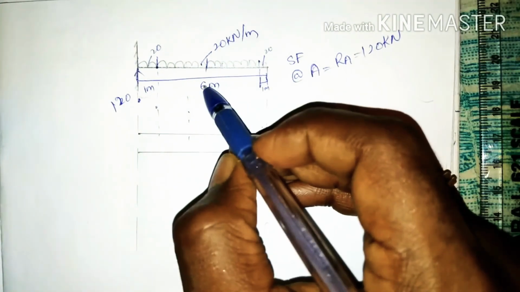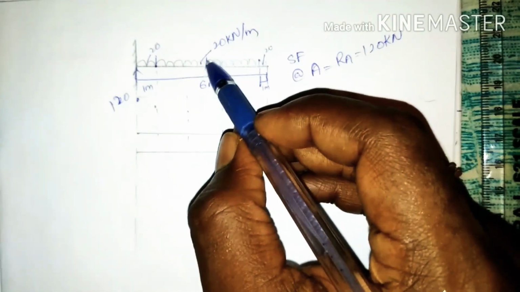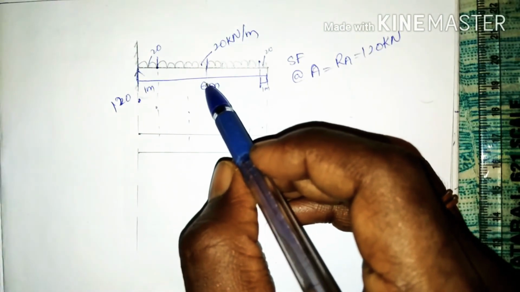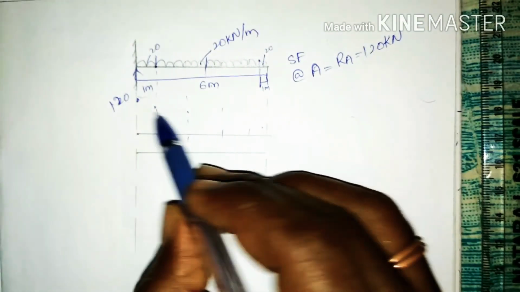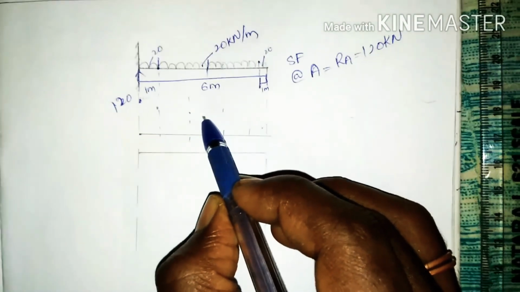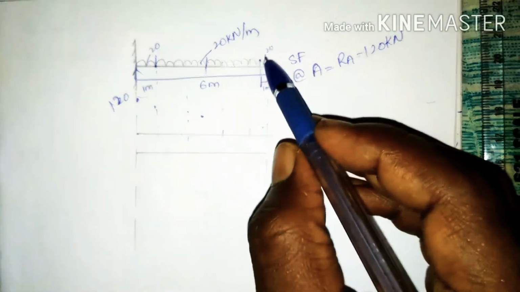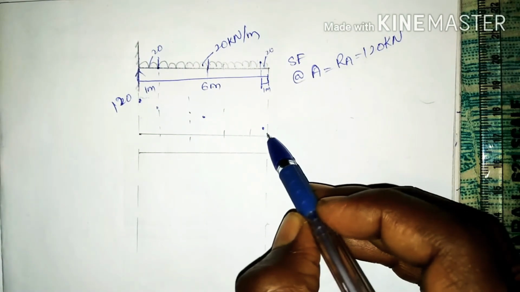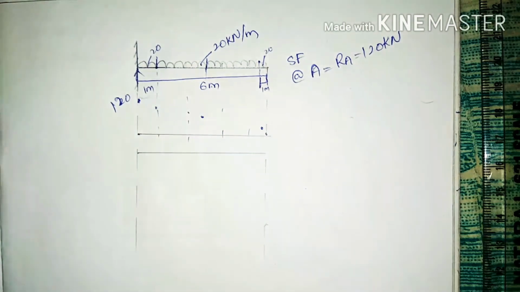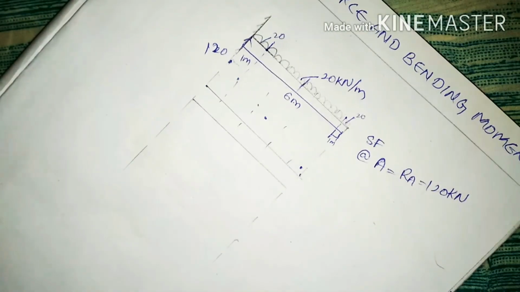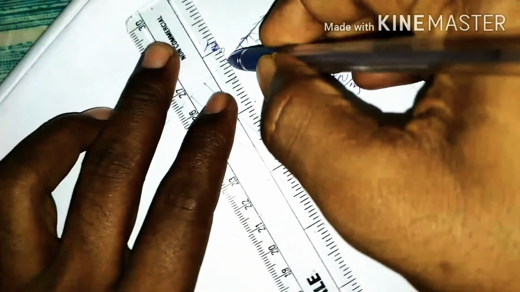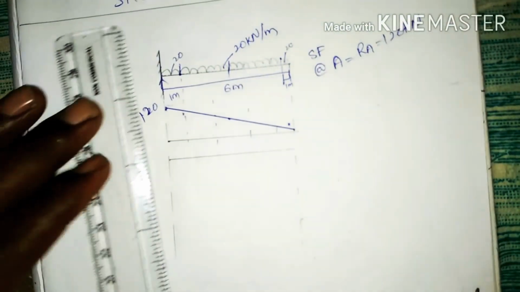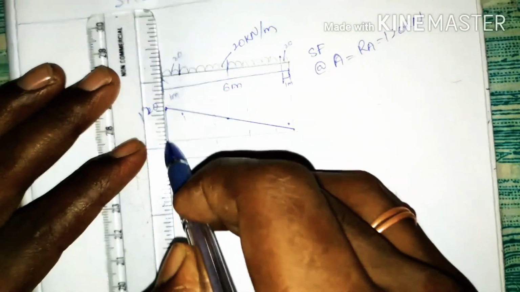If you take the shear force here, the 20 is multiplied by 3, that is equal to 60. That is going to be the value of half of the span, half of the 120, that is here. And while going on to here, the value is 0. After the 0, this is a triangle form. This is going to form a triangle for the shear force calculations of a UDL acting on the entire span.